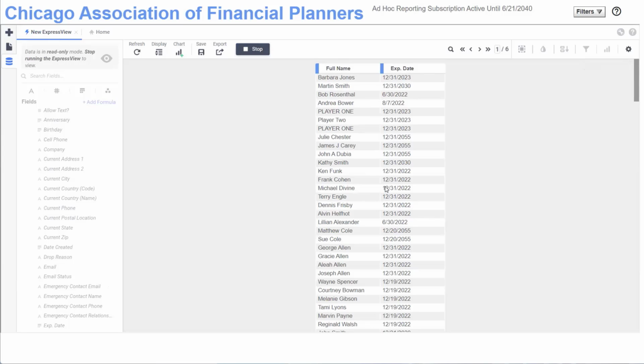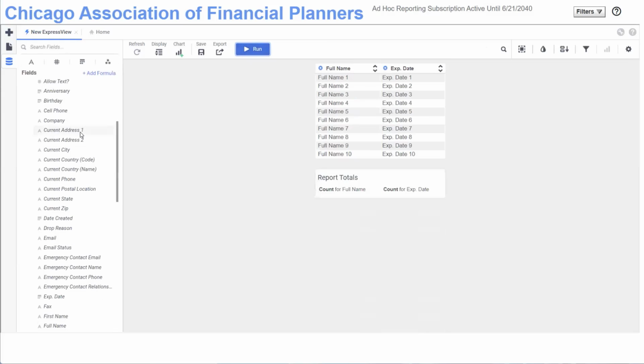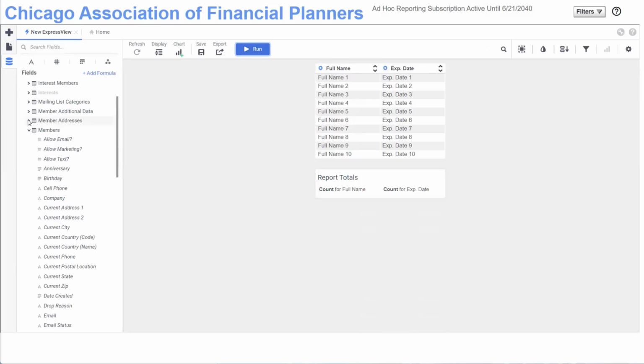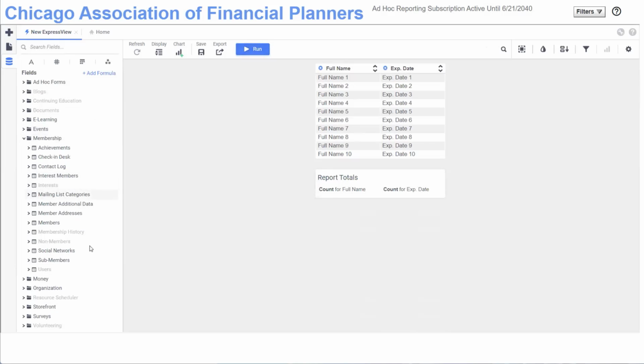So the way ad hoc reporting works is it's going to create one data row for every piece of applicable information. One kind of trap a lot of people get into is that they think that they've come across duplication errors whenever they add data fields that might duplicate things. So if I go over to my additional member data, let's close this members section over here. If I go to membership and member additional data,